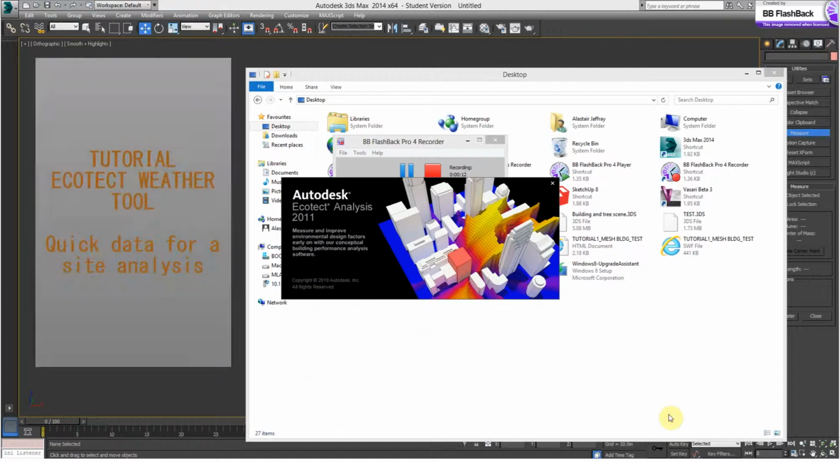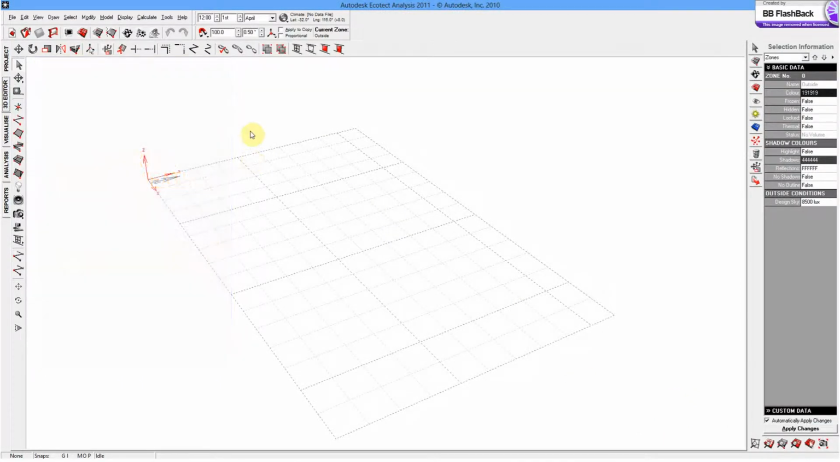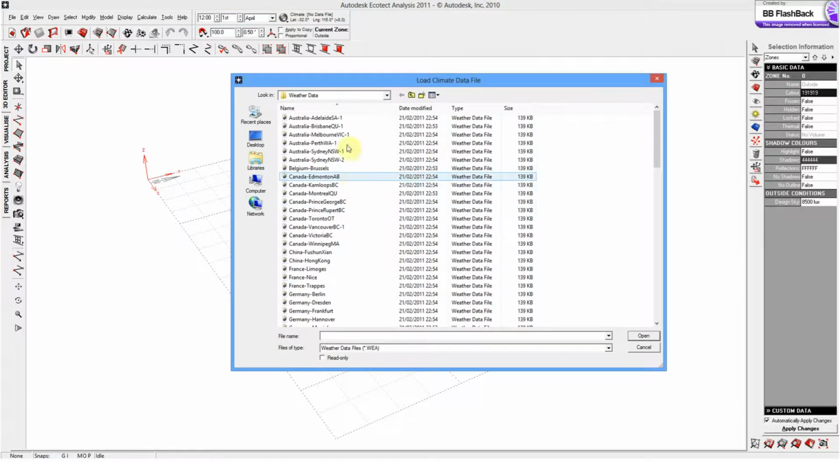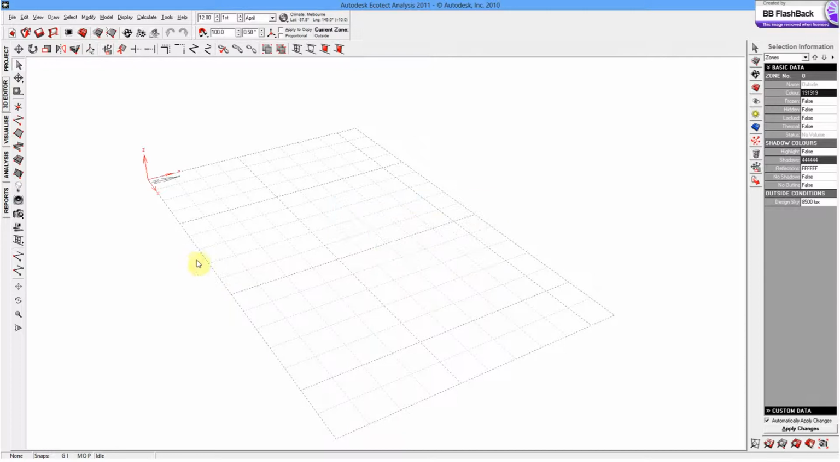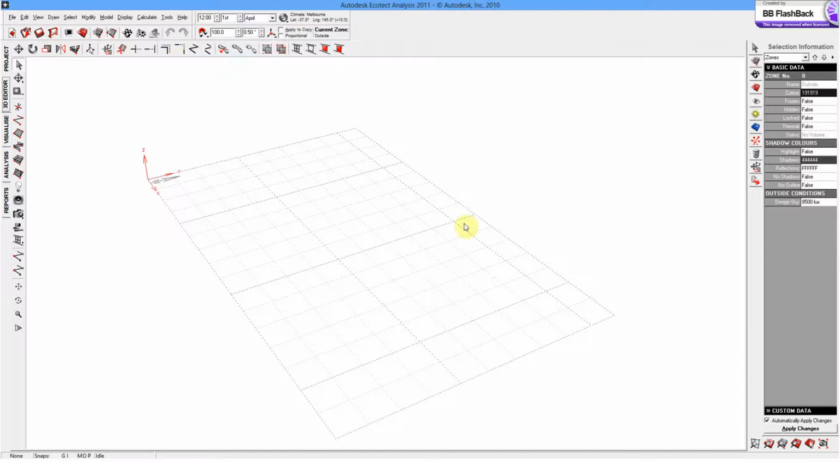In this tutorial we'll be looking at Ecotect and a very handy tool for conducting site analysis without even doing a design. So in Ecotect we can very quickly upload data about a particular location by clicking on this World tab, going down to Load Weather File, selecting our location, which is Melbourne, opening it up, seeing that it's successful, and then, as I said before, even before putting a design in, we can go to Tools, run the Weather tool,